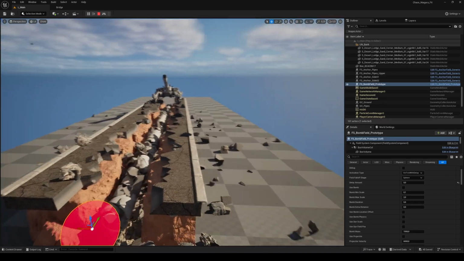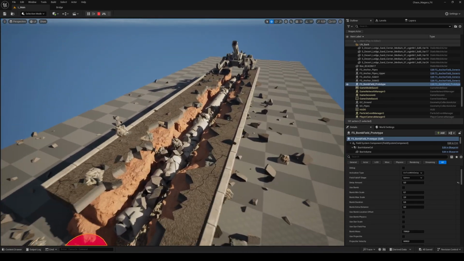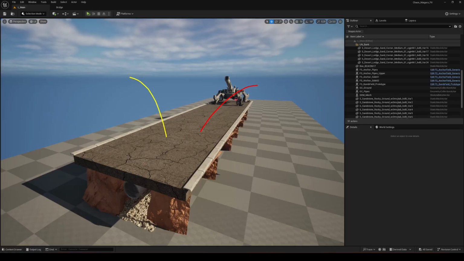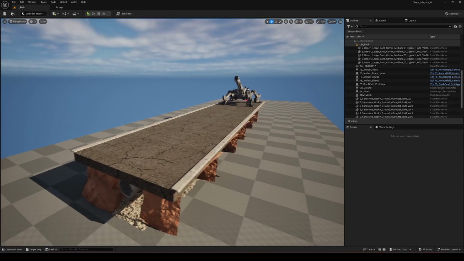To finalize and take the details of our simulation even further, we're going to use Niagara, with what are called chaos data. These will allow us to generate additional small debris, smoke trails parented to fractured pieces, and create various notify events. You'll see, it's definitely worth focusing on this part.